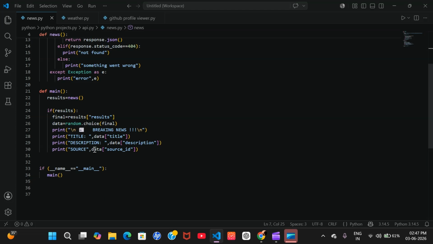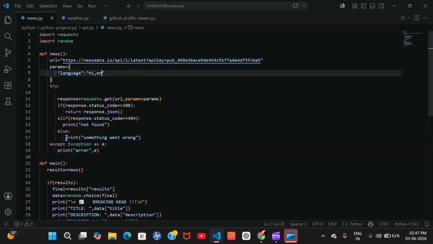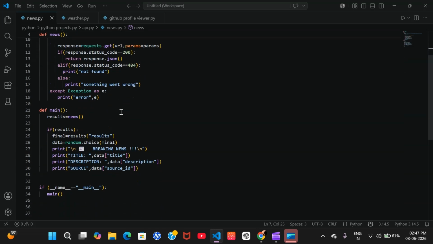Then the main function will be called, and when it enters into this, the news function will be called. When it is called, it goes here. If it gets success, it will return data in the form of a Python dictionary.